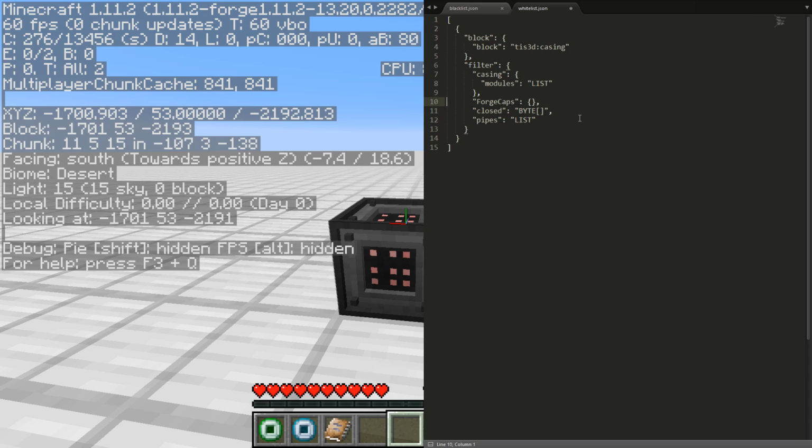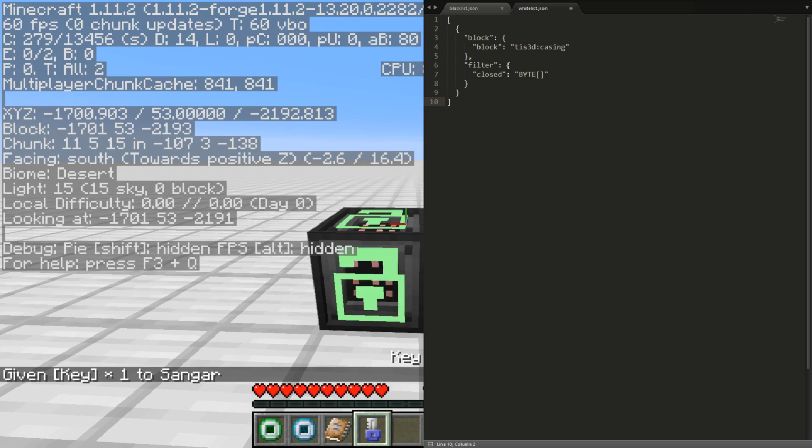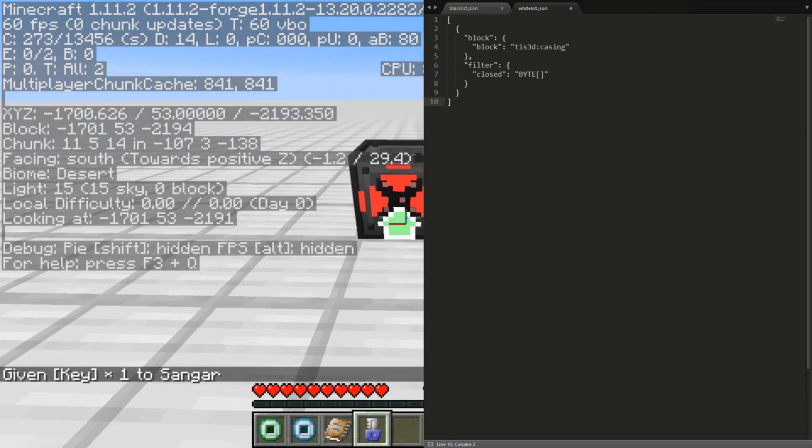And then there's a few more things which are very much dependent on the block it is. So this is why this has to be a manual process, which is a bit annoying, but there's not really a way around it. So we don't need this, we don't need this. This is configuration information, which I know because I wrote the mod, but usually you can figure this out pretty easily. So for example, if we look at this now here and take the key,